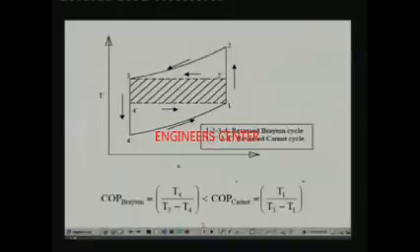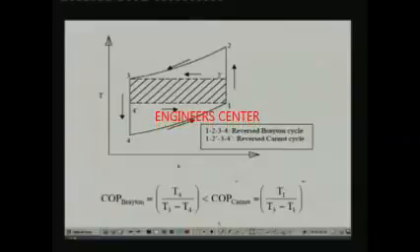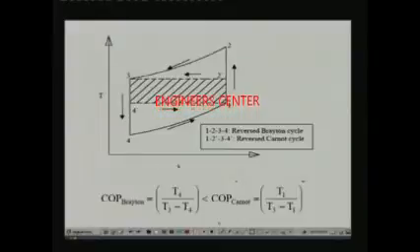And if I am fixing the terminal temperature of hot and cold heat exchanger, that means if I am fixing temperature at point 1 and temperature at point 3, then 1, 2 dash, 3, 4 dash will be a Carnot cycle which has the same terminal heat exchanger temperature as that of a reversed Brayton cycle, okay,